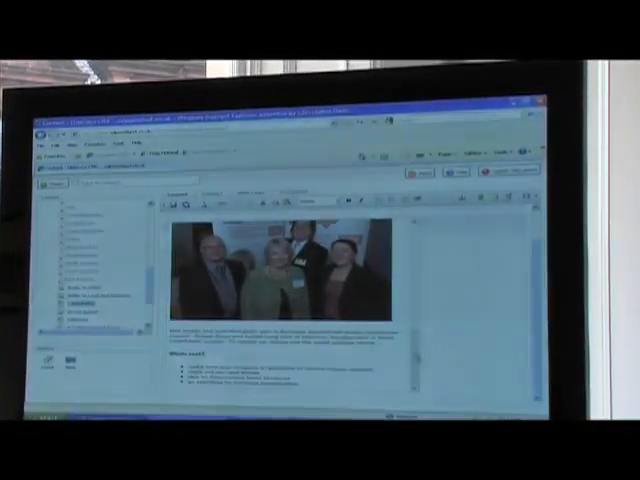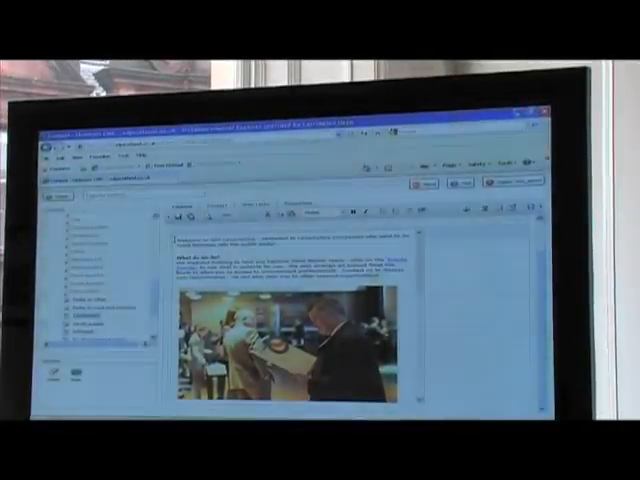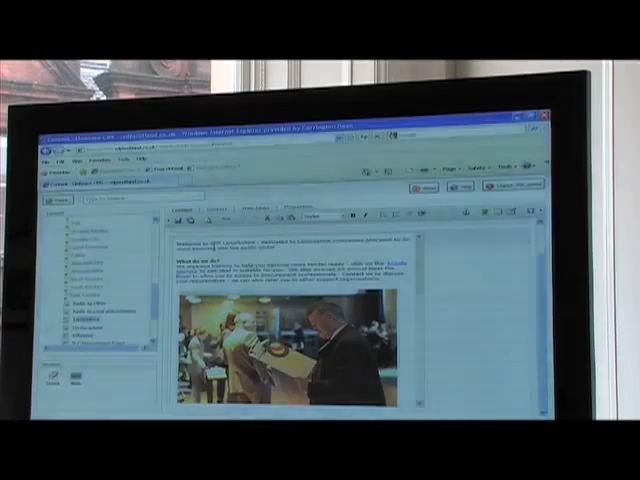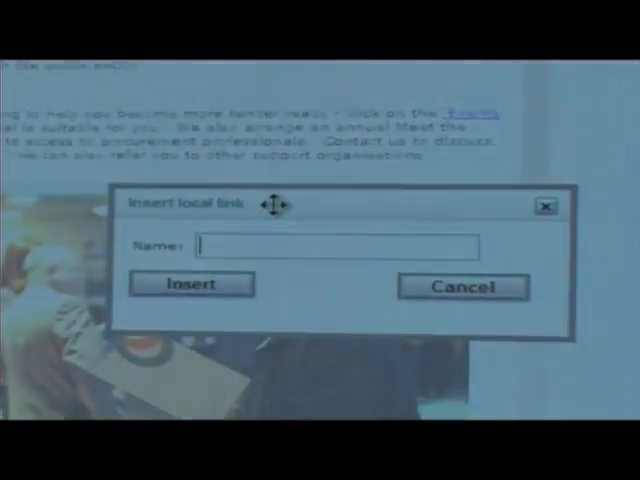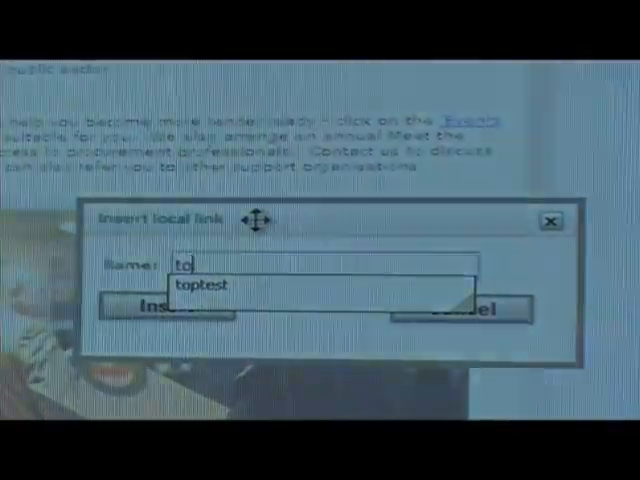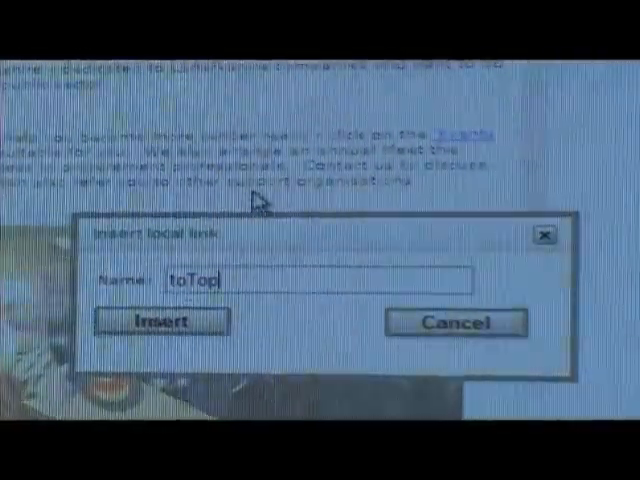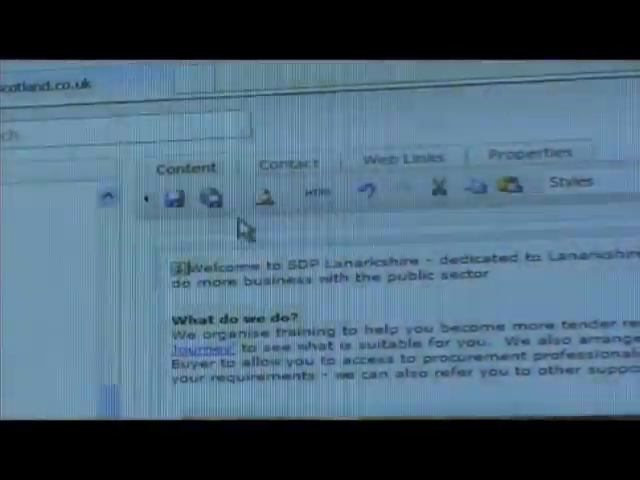This is a very good feature, insert an anchor, because if you have a very long page that goes on all the way down and you want to give the user the chance to go back to top, what we can do here is I can create an anchor at the start, and I will just hit the anchor, and it will ask me, what do you want to call this? So I will call it to top and insert. So I end up having the anchor here, and if I save and publish,